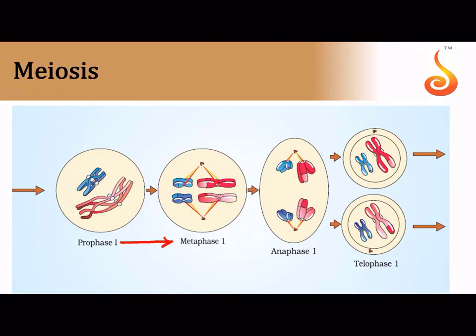Now after prophase 1, notice how the chromosomes are aligned in the equator along with their pair. I told you they form a pair called homologous chromosomes or tetrad. They are coming to the equator along with their pair. This is why they form two lines. Very important question: double metaphase plate. They don't align in a single plane, like in the case of metaphase of mitosis, where all the chromosomes came and aligned in a single line. But here they are aligning in a double line. It is called double metaphase plate.